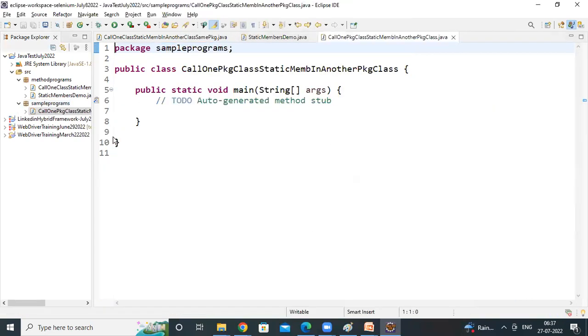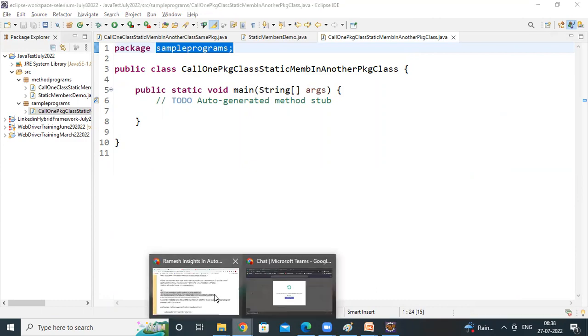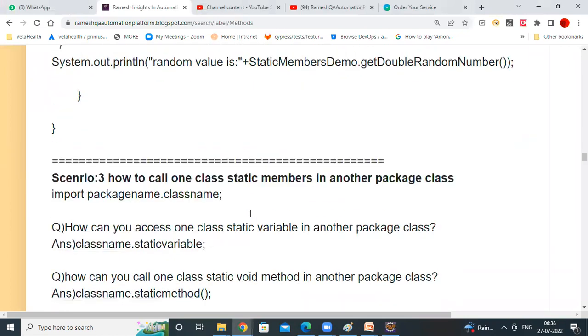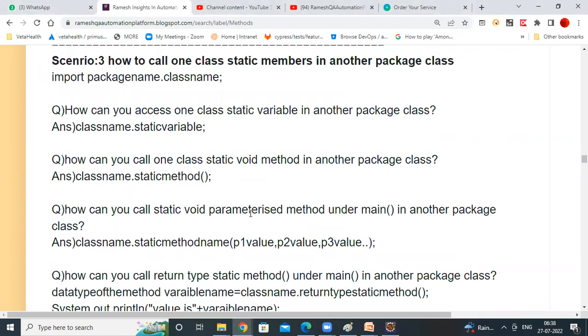See here also no members at all, but I want to call method programs package class members. I'm calling in another package class. This package class I'm calling. Both are different packages. So this is, please understand, this is a very, very important. So if you are crossing the package, so one package classes, if you want to call in another package,